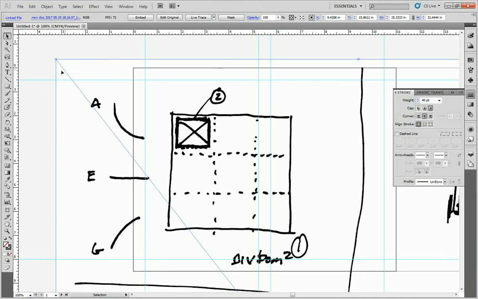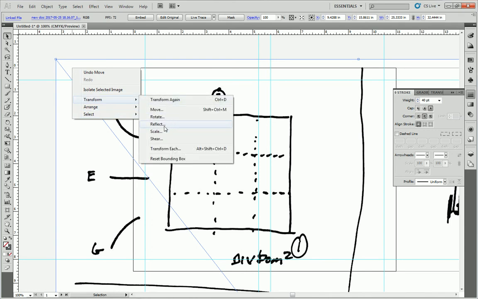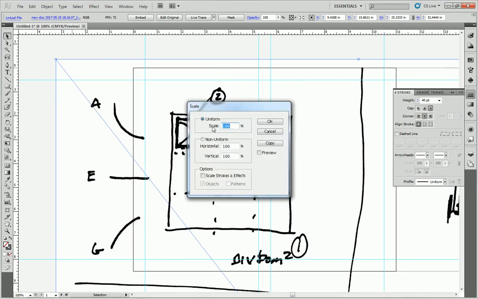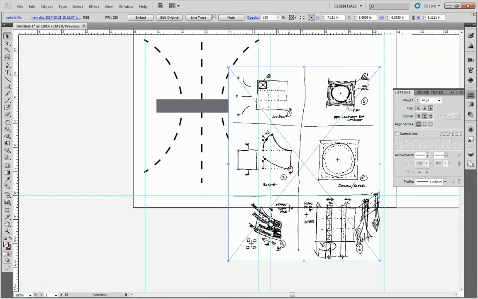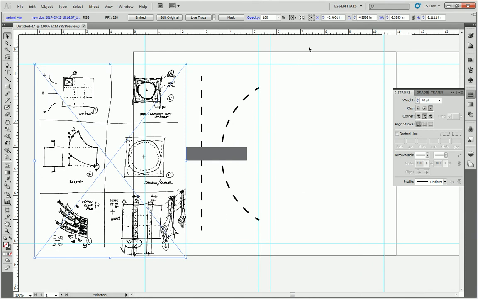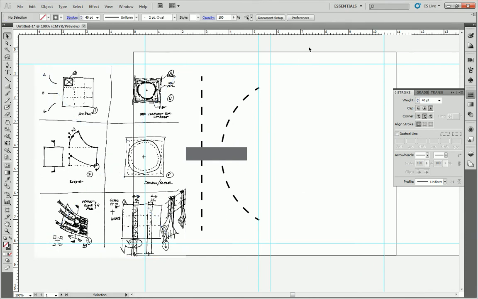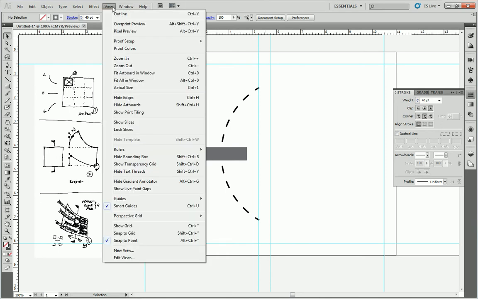I'm going to scale this, so transform, and you can scale it. Let's make it like 25%. Where'd it go? There it is. Okay. So I'm going to set that aside while I'm setting up my actual, what am I calling it? My thumbnail sizes. One of the things that I think is going to be important here is showing you how to set a specific guide in a particular location, which I'm hoping it works the same way as,